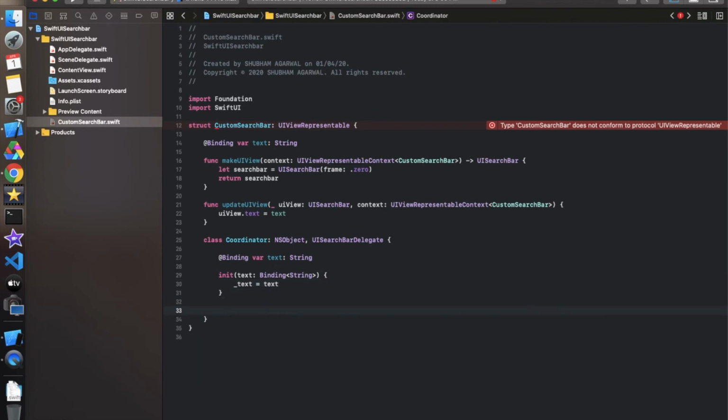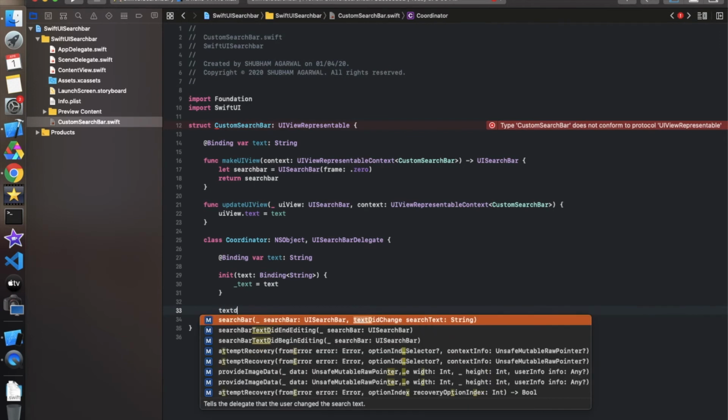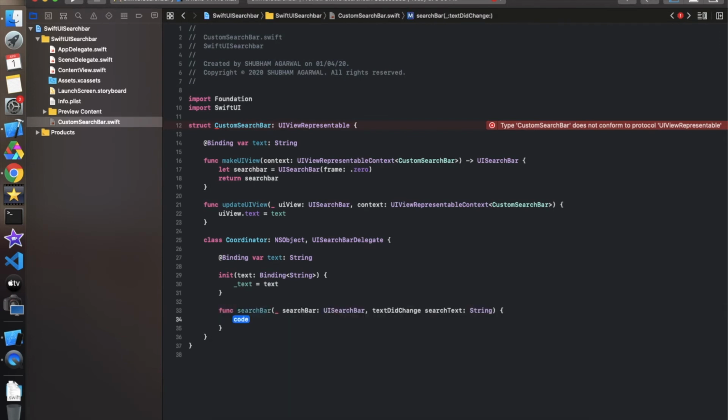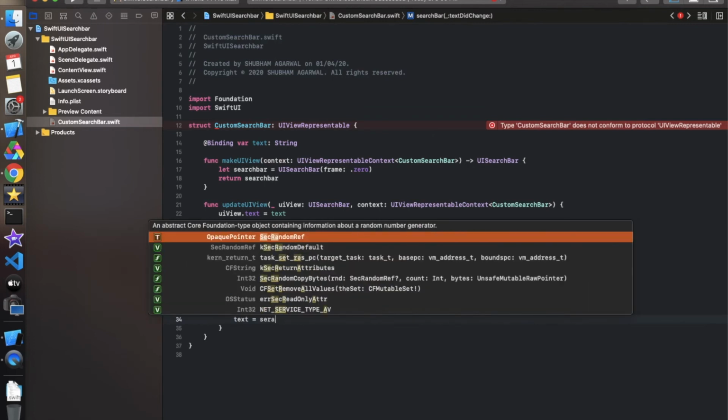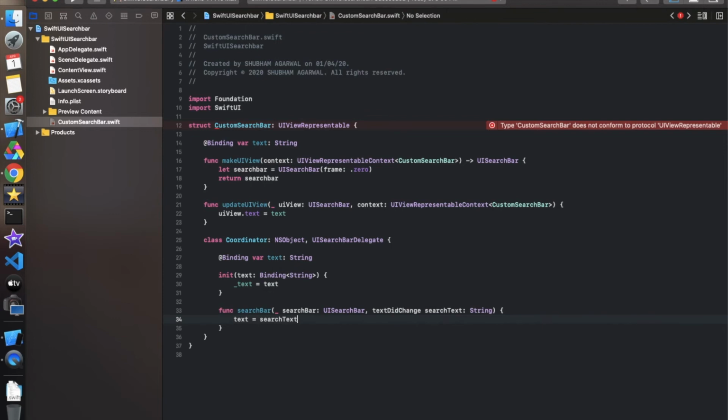And we have to implement a delegate method, that is textDidChange, this one, and in this we have to assign that property the searchText. So this is how all the things work,